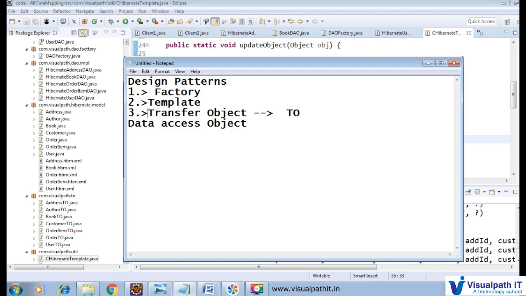Think about it: if we send that object directly to the particular template, we have a dependency. We want to add mobile, but that particular object has age. So in between, we create one customer TO, a transfer object, that has age as well as mobile number. Whatever you want, you just store into the TO, creating one new customer TO, and after that you pass that customer TO object